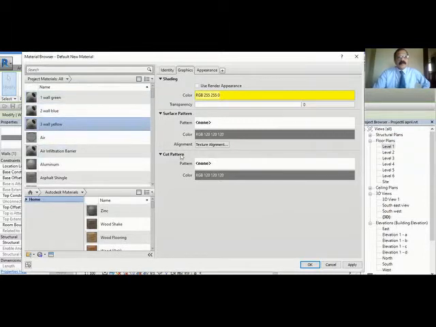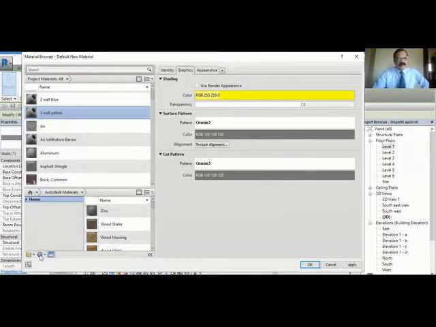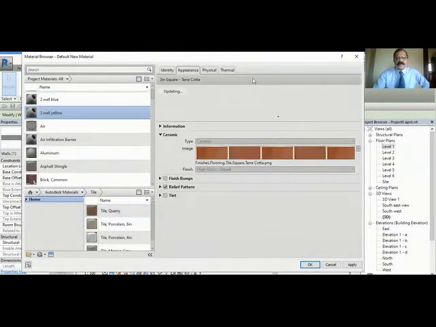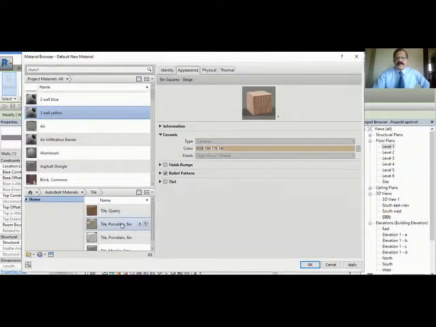Okay. Now I will create one material with some image. Let me create one, or we can take from here. We'll take one material from here. So I want to get some tiles from here. So I will go here, Autodesk material. You can see many things are here. I will click this tile and you can select the tile. So you can see the preview here. So this is the image that is going to be used for this tile. This is another one.